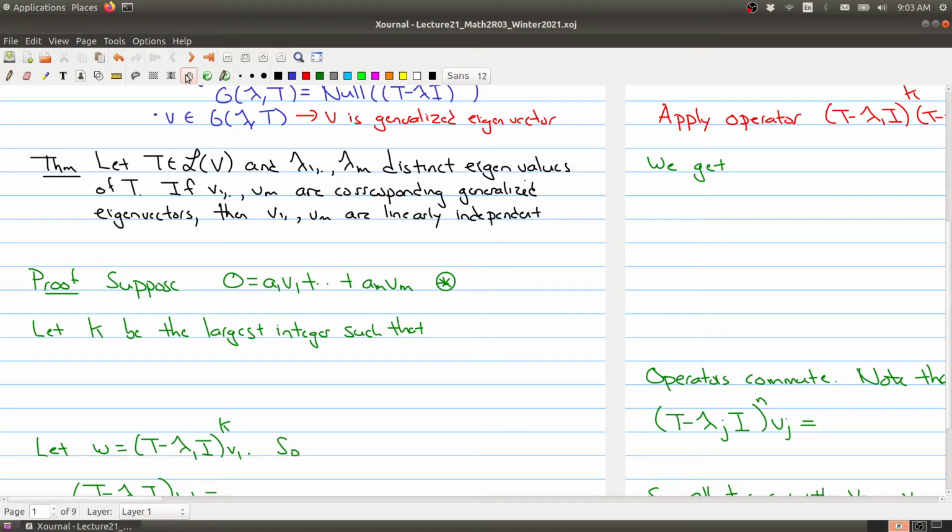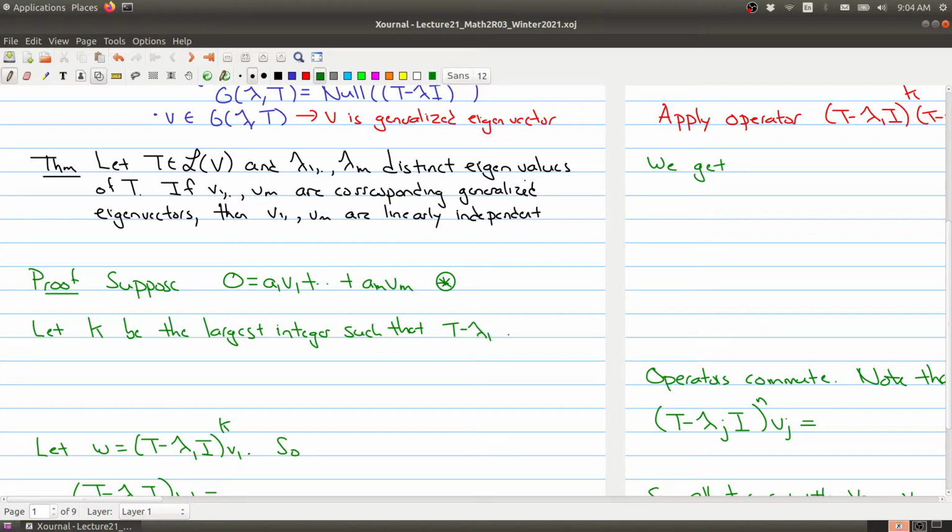The proof is by contradiction, well, not necessarily. What we're trying to do is suppose we have a linear combination of v1 to vm that equals 0. Our goal is to show that each of these coefficients is 0, because that would imply the vectors are linearly independent. Before going further, we're first going to focus on v1 and show that a1 is 0. This proof will then also allow us to show that any of the other coefficients are 0. So let k be the largest integer such that